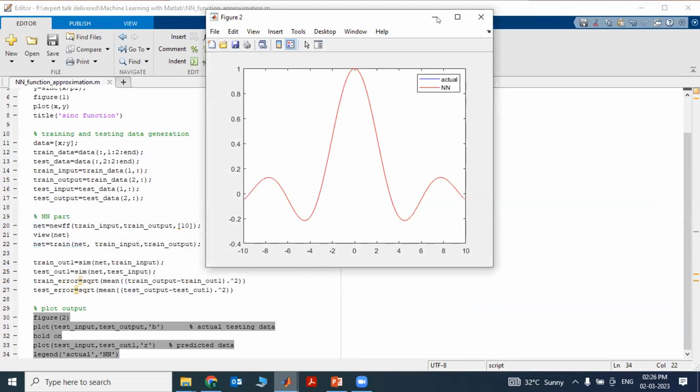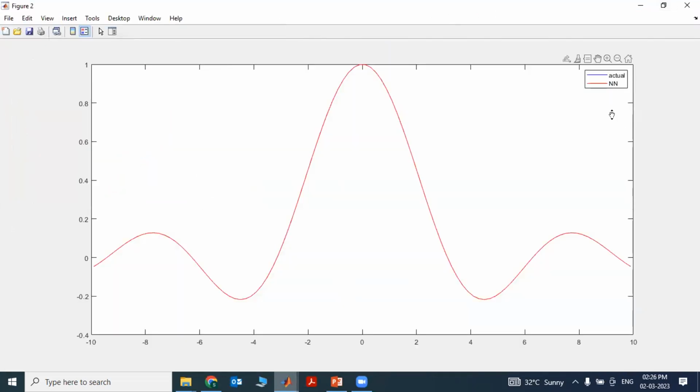You can see this graph, what you are obtaining. The blue curve indicates actual data. The red color indicates the neural network output. All right, and it is almost perfectly fitting. I can say 100% fitting with a very small error range. What is the error range? In the range of 10 raised to minus 5. So that means if we have complex nonlinear data and you want to fit it using a neural network, you can go for this method.